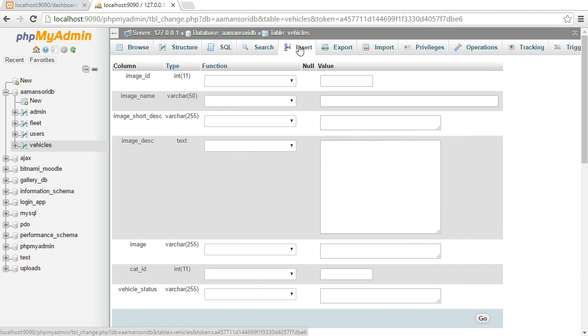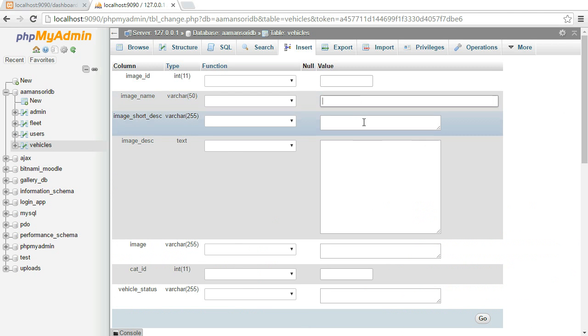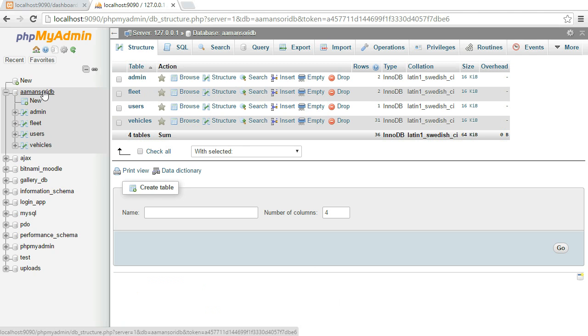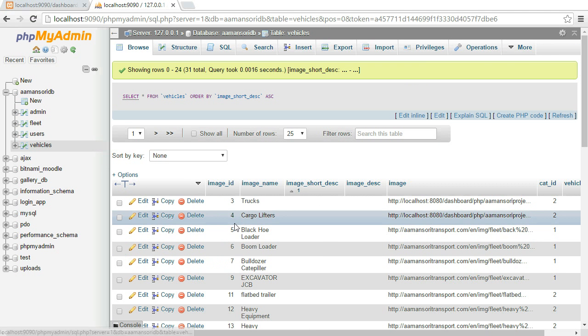Insert is when you want to add data to your database tables. And then export is when you want to download these tables, or even the database. We're going to be exporting our tables to our live server. So when you are exporting, you are downloading